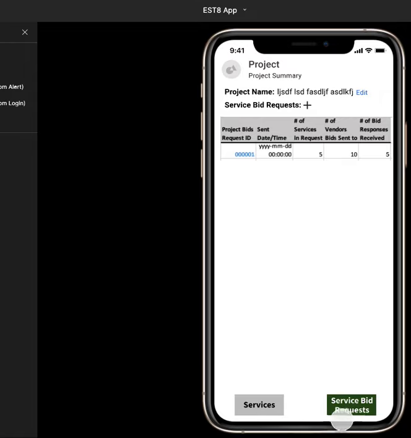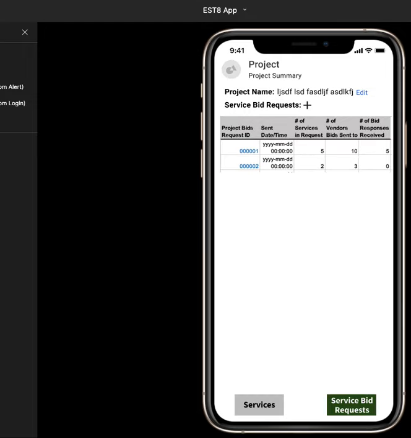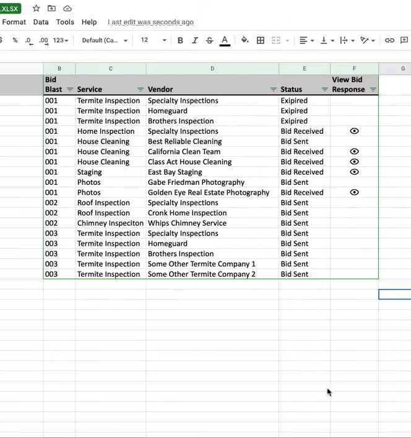But my question is, do we want to add a third button at the bottom to basically view all service bids? Because in this screen, I only see the summary information for each of the services, and then I have to click in to see the detail. So I'm thinking, do we add a third button, like a service bid history button, that essentially gives us a view like this,